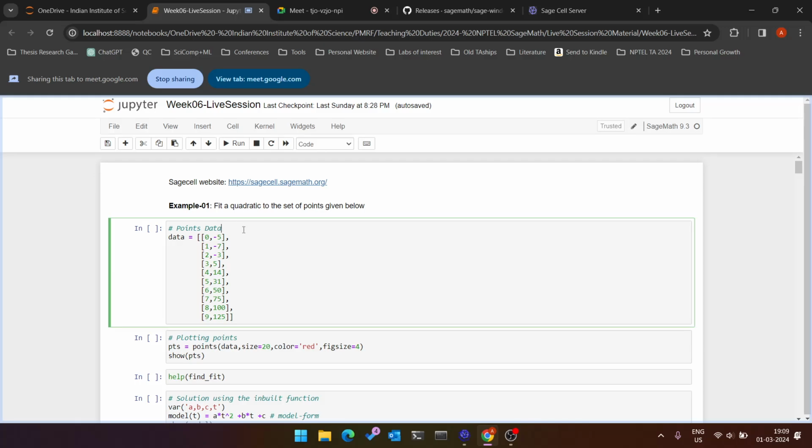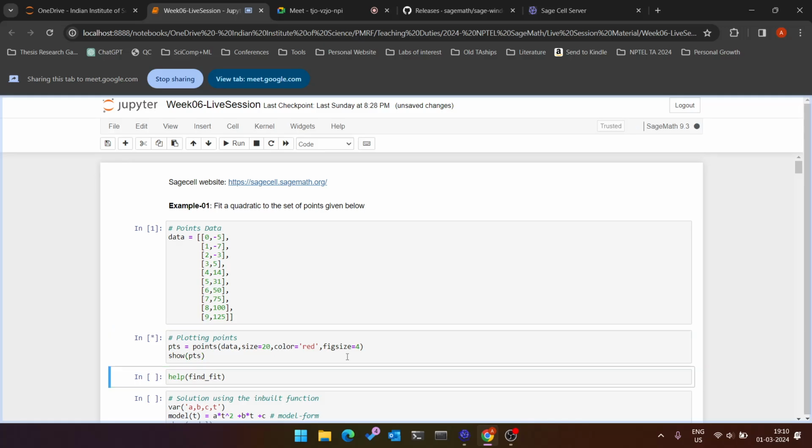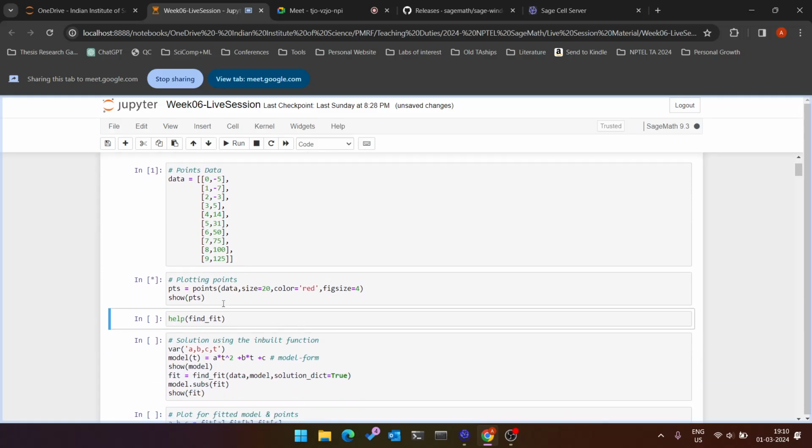given below. The data of points is given here. X coordinate varying from 0 to 9 in steps of 1, and your y coordinate going from -5 to +125. If I plot the points, I'll be using the points function. We have already seen that this points function takes data which contains x, y coordinates in a nested array. So if I just do points and show how the points look like,